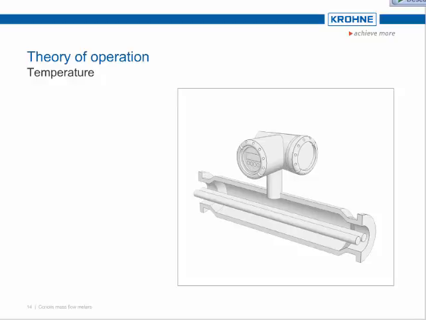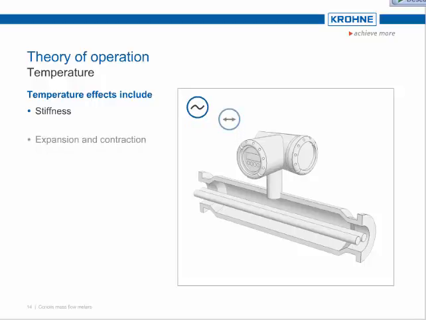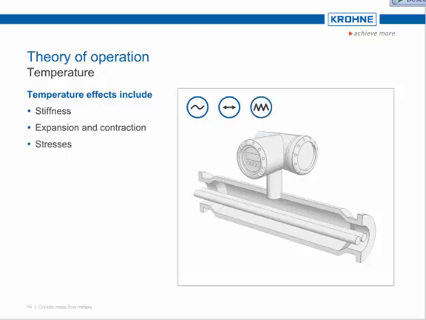The Coriolis mass flow meter has a third direct measurement capability, that of temperature. The process temperature changes the Young's modulus of the materials, which affects the stiffness of the measuring tube with temperature. Also, temperature causes thermal expansion and contraction effects, which affect the stresses on the measuring tube. To correct for these effects, the Coriolis mass flow meter measures the temperature of the measuring tube with a platinum